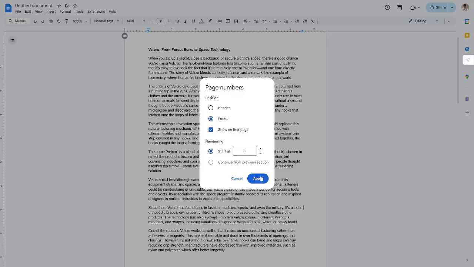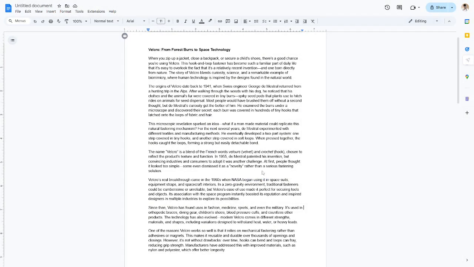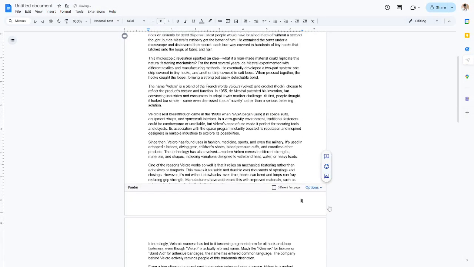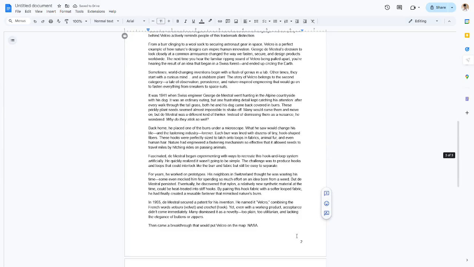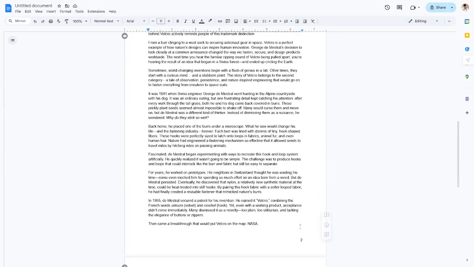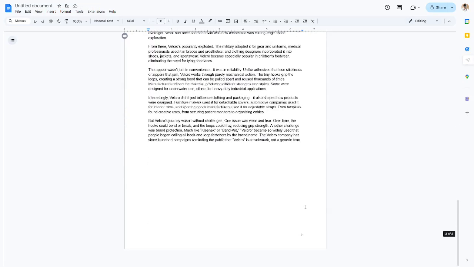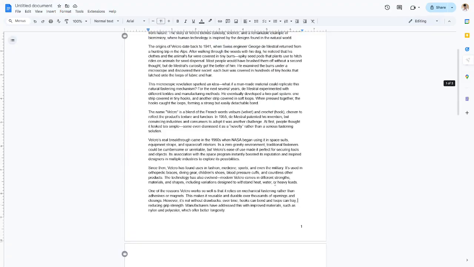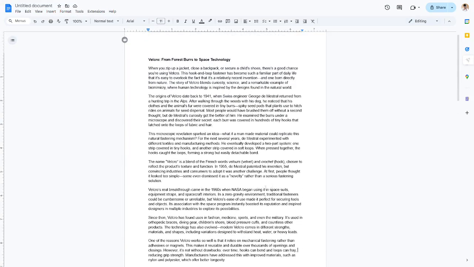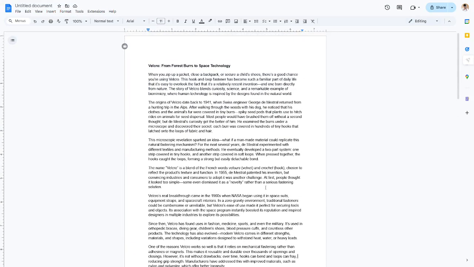Finally, to apply all these settings, simply click on Apply. At this point, your document will automatically update, integrating the page numbers according to the preferences you've just set. This quick but comprehensive process not only makes your document look more organized, but ensures that readers can easily reference specific sections. And there you have it, your Google Doc is now enhanced with page numbers, adding that finishing touch